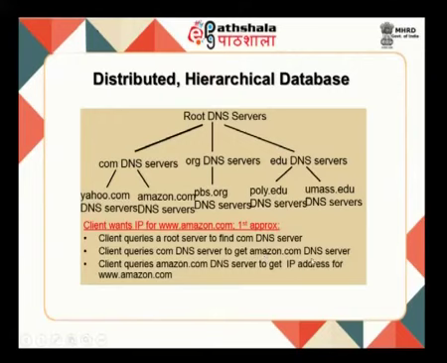From the root it tries to identify the com DNS server, and then the client queries the com DNS server to get the amazon.com DNS server. So, it goes to the next level and then it queries amazon.com to get the IP address for the domain name. This is how humans communicate with the internet. In the internet all the communication happens via an IP address, whereas humans try to connect to the internet through domain names. So, a mapping needs to exist between the IP address and the domain names, which is maintained by a server called the DNS server.